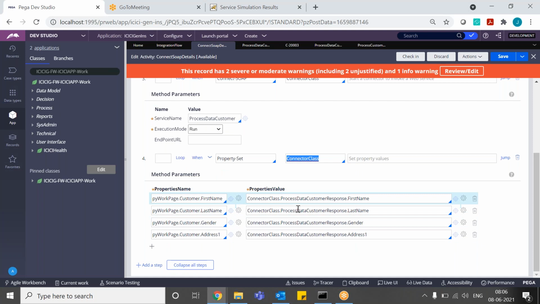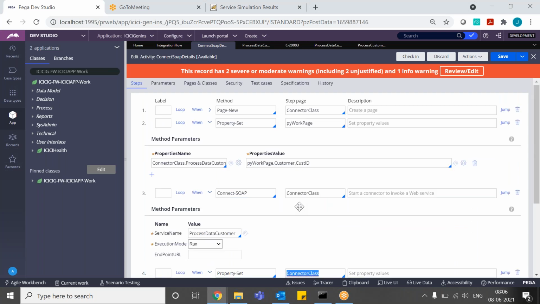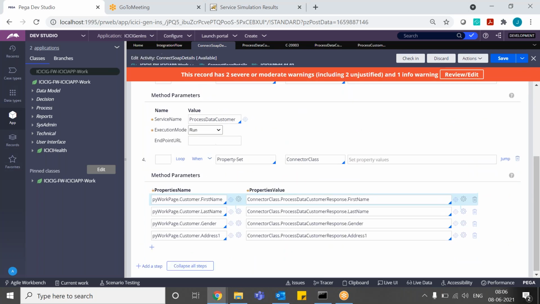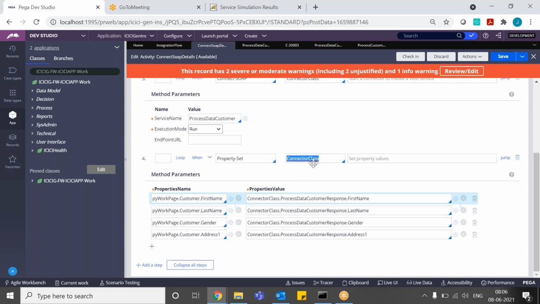The step page anyway refers to the same thing, right? So you are giving step page again and even the property value is the same thing. So I would like to remove that. So here I have removed it and kept PY page. And should I remove here also and keep PY page, or leave it as it is, sir? Whatever it is, keep PY work page over there.